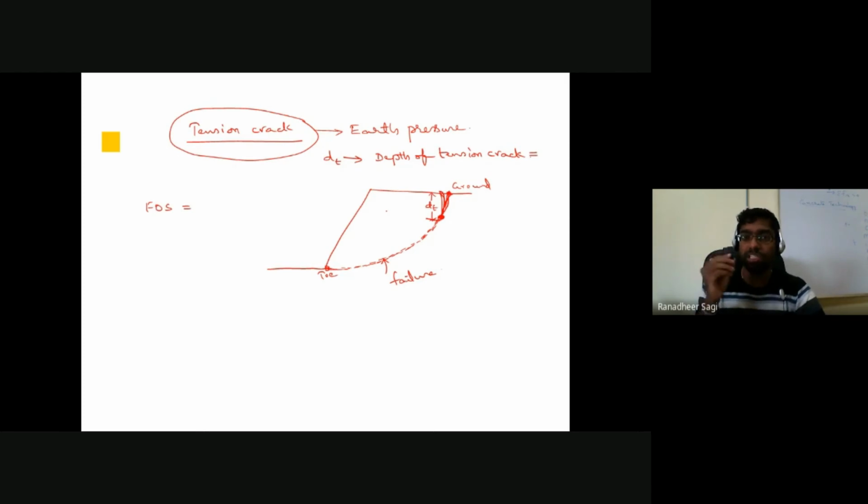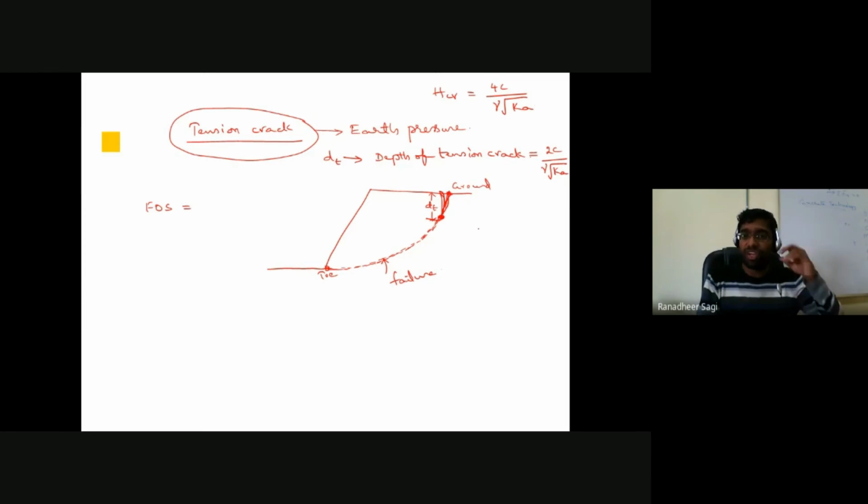Under root Ka term I have also introduced, because you may not always have soil that is purely cohesive. Sometimes you might come across a c-phi soil. In such a case of c-phi soil, we understood that the critical depth to which you can make an open pit excavation is 4c by gamma into under root Ka. And the depth of tension crack is half of this value, which I am directly writing for now as 2c by gamma into under root Ka.